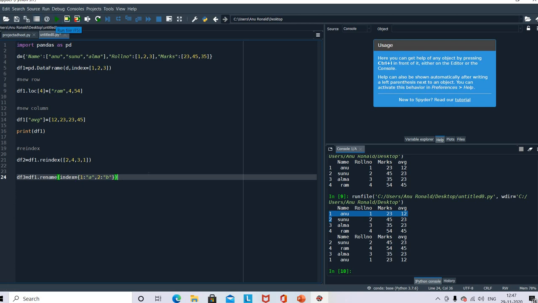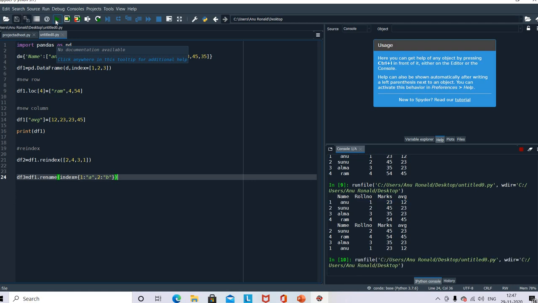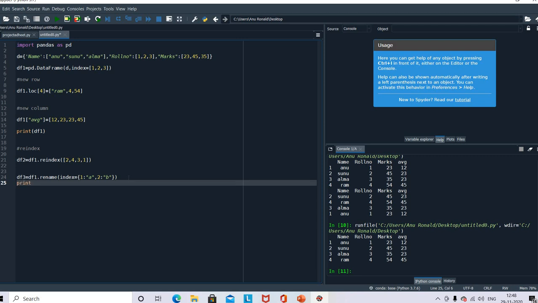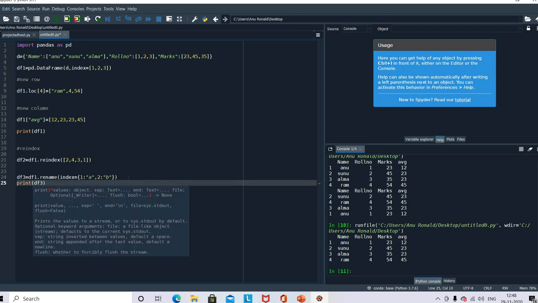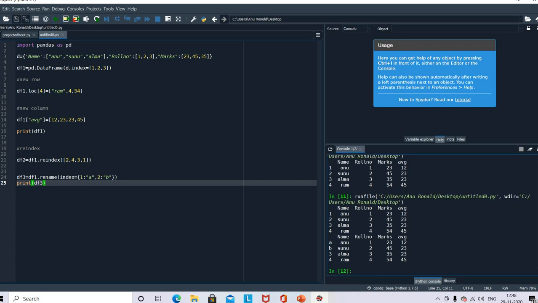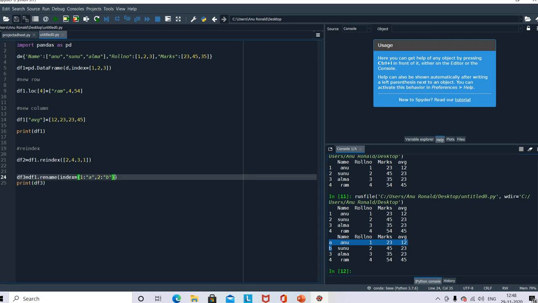So we can just run it. We can see how it is working. I forgot to give the print statement. We'll give the print statement of print of df3. Yes. So you can see A and B instead of 1 and 2. So this is how to change the row.